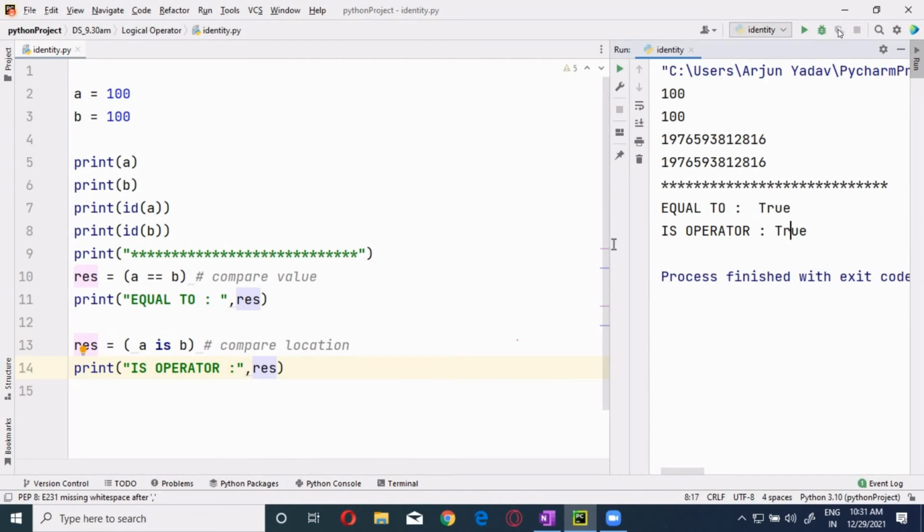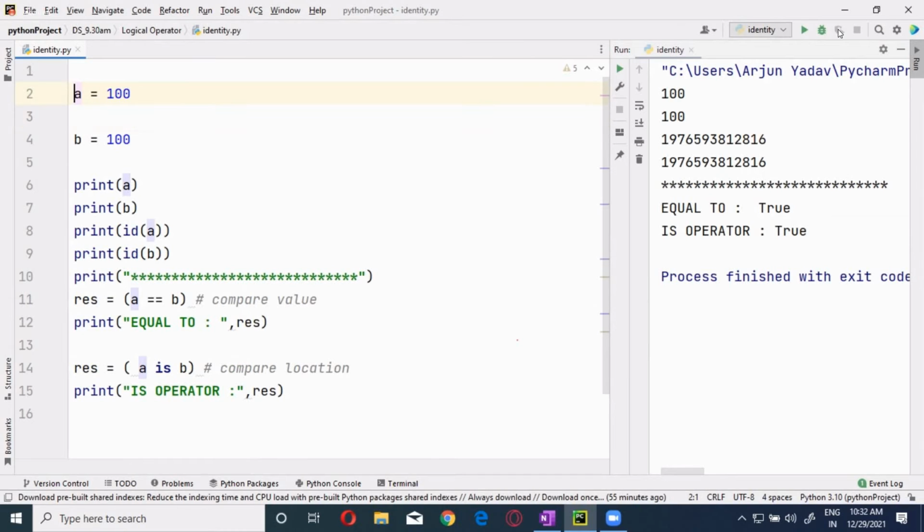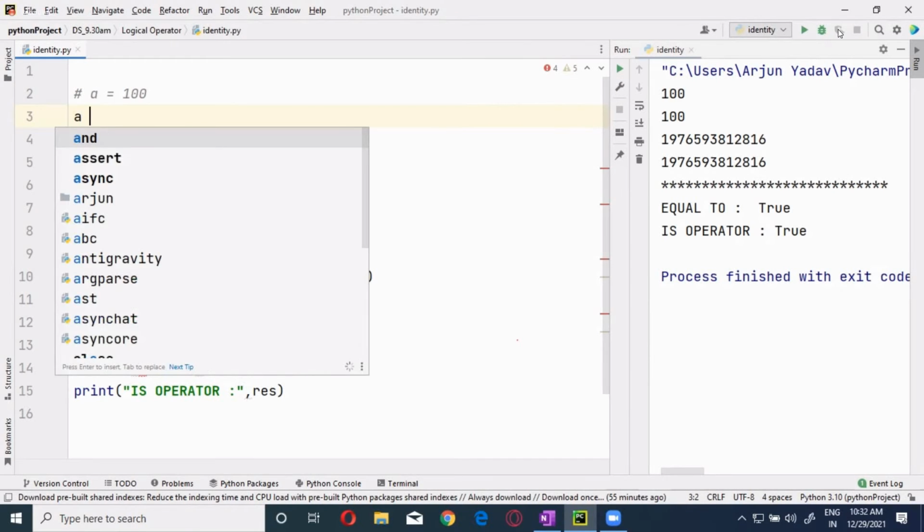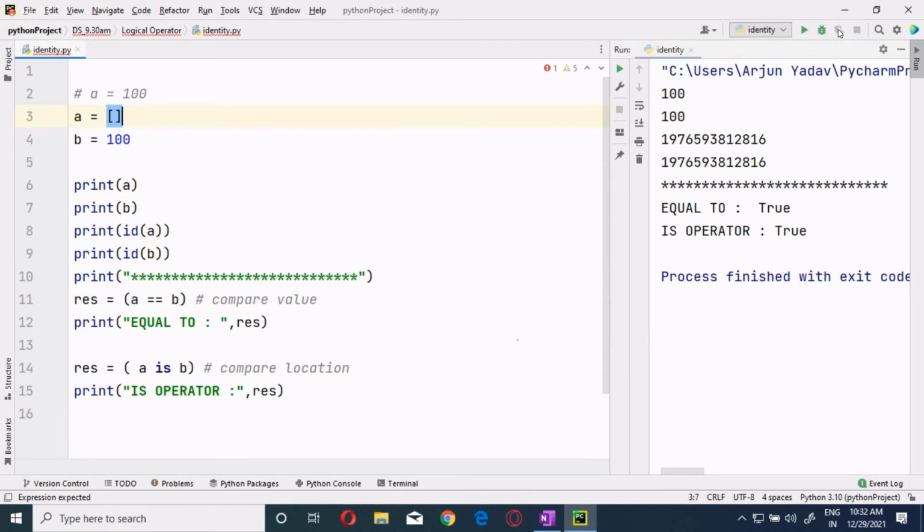Okay. Now you may ask me a question over here. How are you saying that? So let's take a list over here. First, I will take the same A and comment this one. A is equal to 40, 400. Okay, this is a list. List is what data type, guys? Sequential.